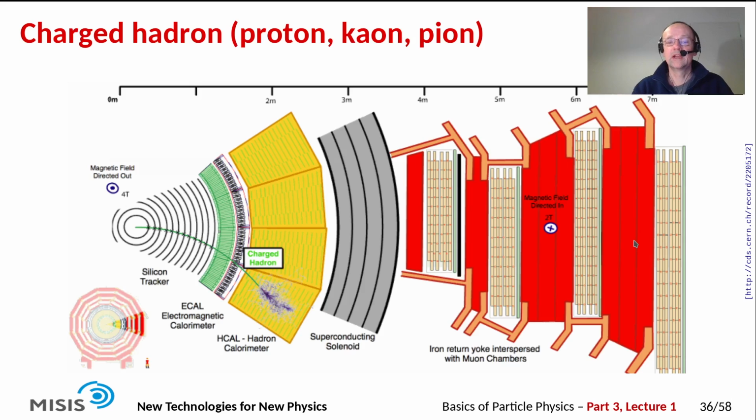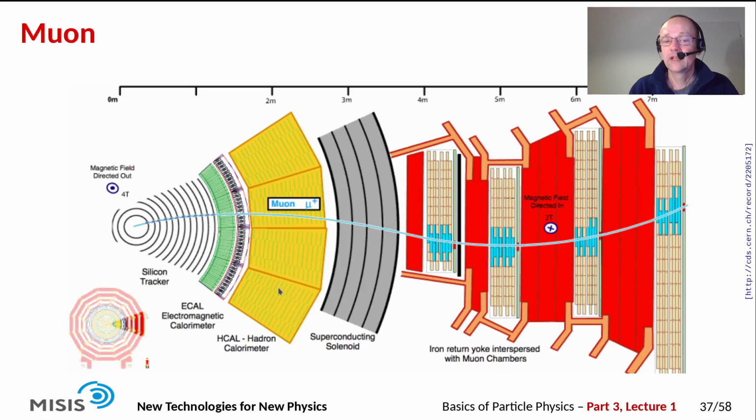If we have a charged hadron, it will also leave a trajectory in the tracking detectors. It will again be bent because it's a charged particle. It will not deposit too much energy in the electromagnetic calorimeter, but it will shower up in the hadron calorimeter. Muons do not deposit much energy in the electromagnetic calorimeter because they are